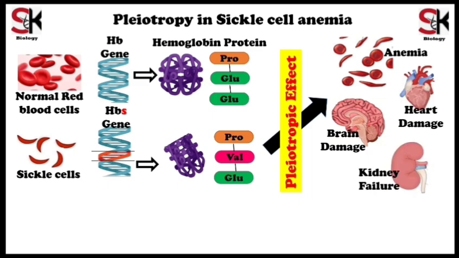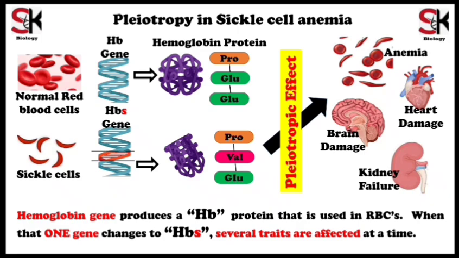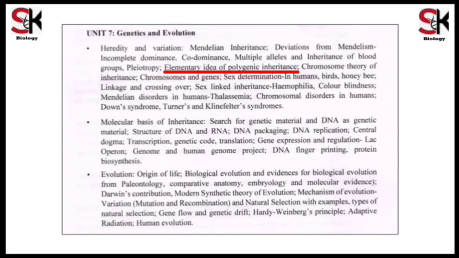All these organs require a constant supply of oxygen and nutrients, which is provided by blood and healthy RBCs. Now, the low count of healthy RBCs due to the HB gene defect cannot fulfill these requirements, leading to damage of organs. So, here a single HB gene controls several traits due to the conversion of HB to HBS, showing the pleiotropic phenomenon.